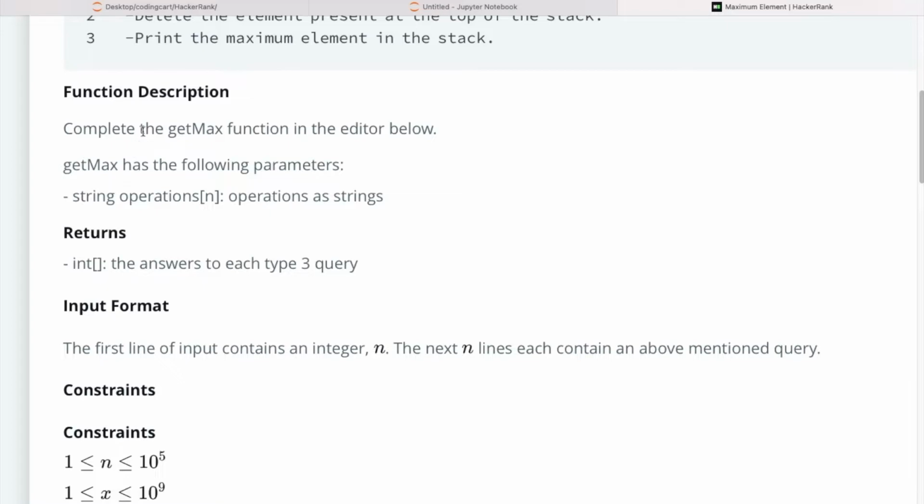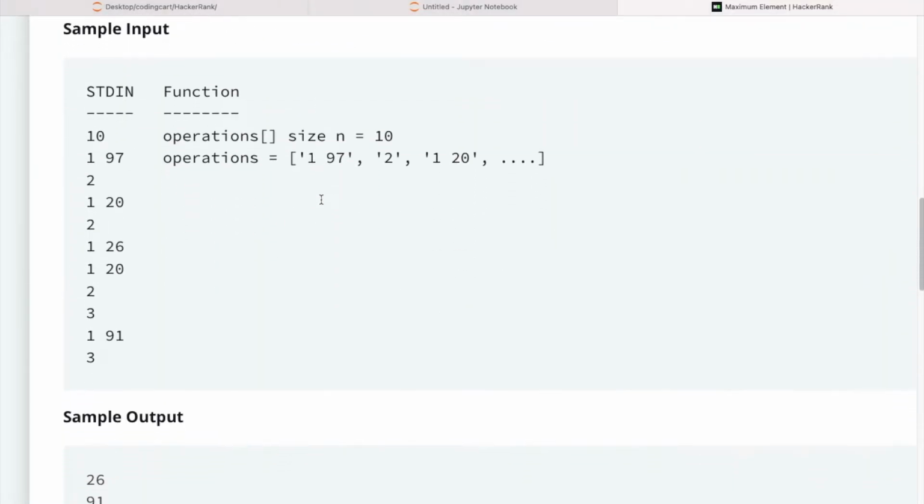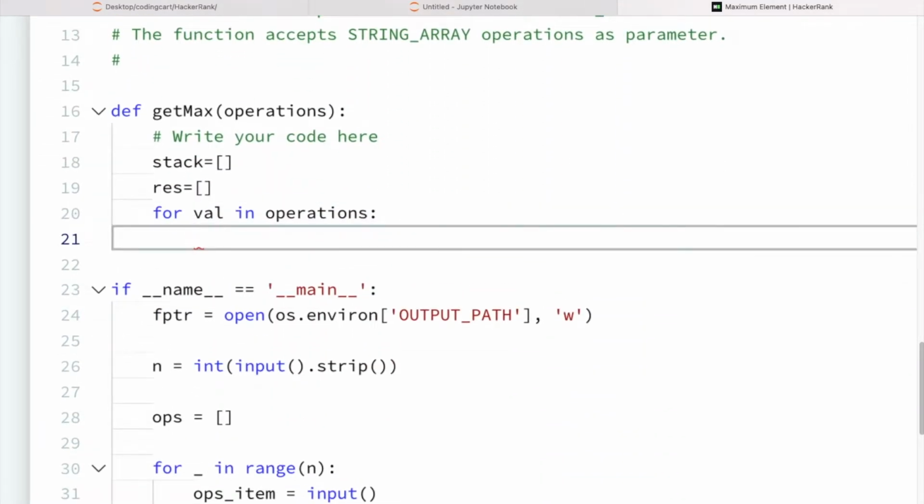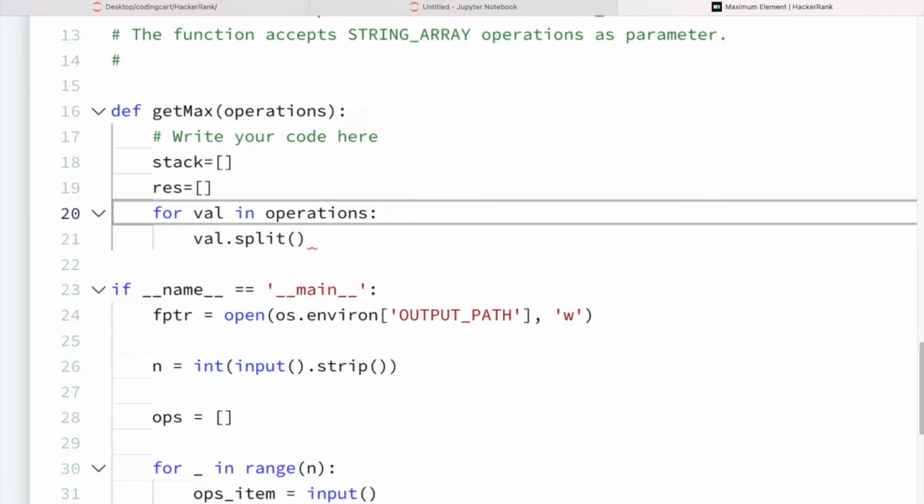And if you see here, they are saying that operation is of string type. So we will split this val, val dot split. We are going to split this val because, for example, if I am given 1 and 97, this val will consist of this 1 and 97 as a string type.